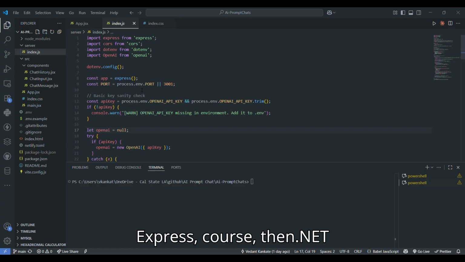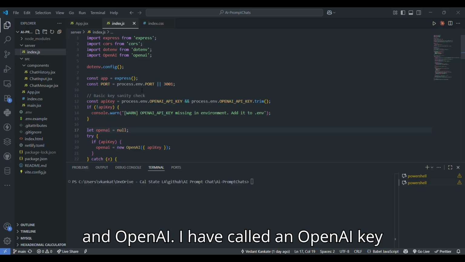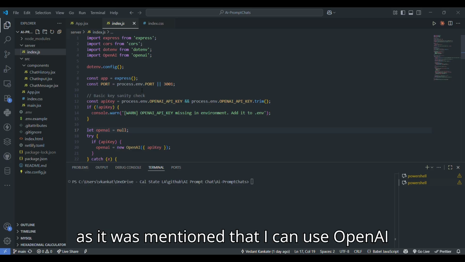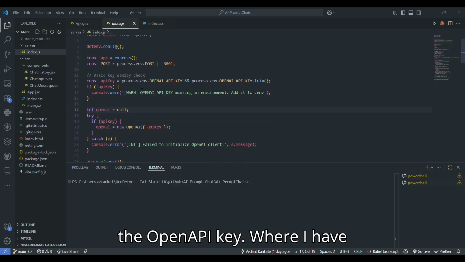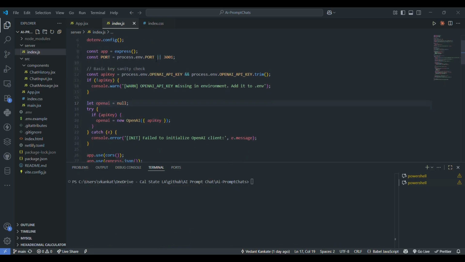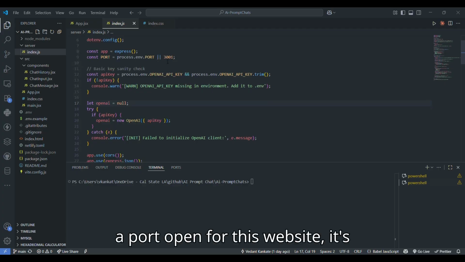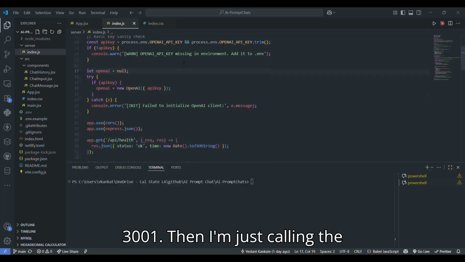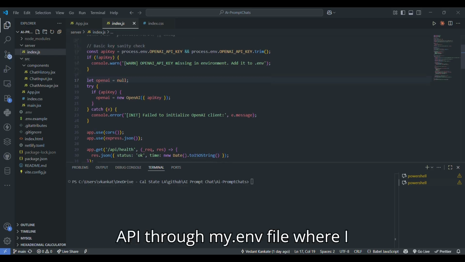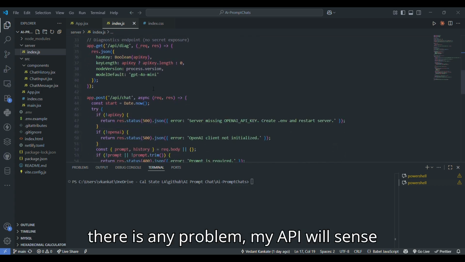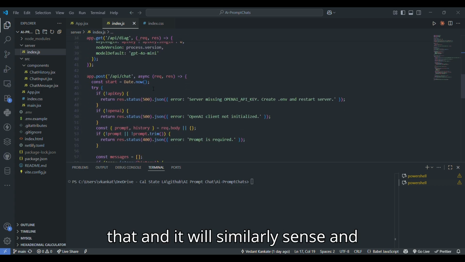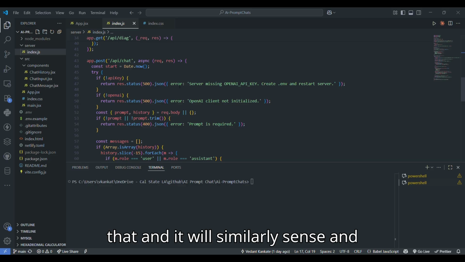There is Express, Cors, then dotenv and OpenAI. I have called an OpenAI key, as it was mentioned that I can use an OpenAI key or the Hugging Face API. So I have used the OpenAI key, and I have a port open for this website. It's 3001. Then I'm calling the API through my .env file where I have saved my API key, and later on if there is any problem, my API will sense that